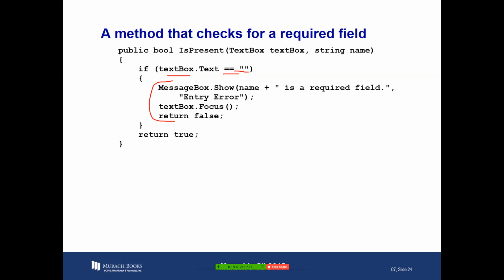And so this is just a method that we write, and this does the check for us. So we have this nice method here that returns a true or a false, either returns false or it returns true, based on whether